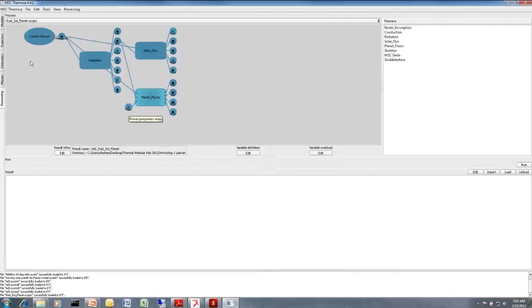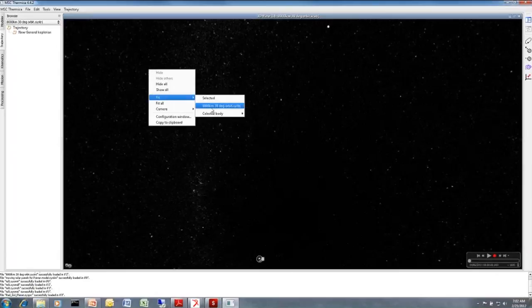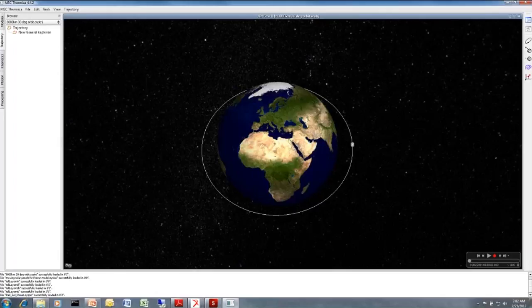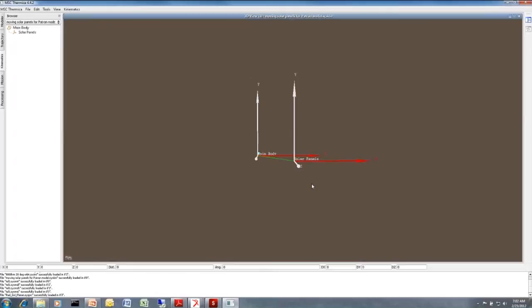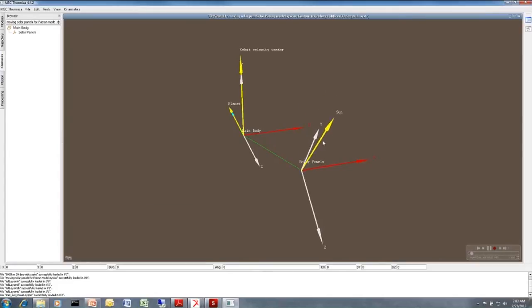There's a lot of sophistication to this, but basically we have our orbit, and I'll fit that trajectory. We have a kinematic law which has our solar panels tracking the sun, and we can review that law, play it back on our trajectory, and see the y direction here of the solar panels is pointing towards the sun, or doing the best job it can pointing to the sun, with the body of the spacecraft pointing towards the orbit velocity vector and the planet. In 1 degree of freedom here, it would do the best job it can. We can actually look at that pointing error. And then we can look at our mission here,